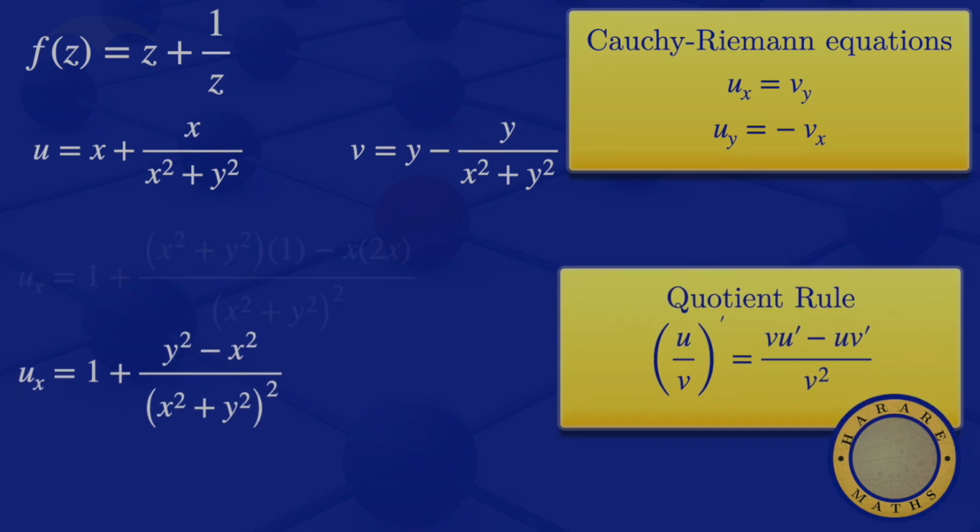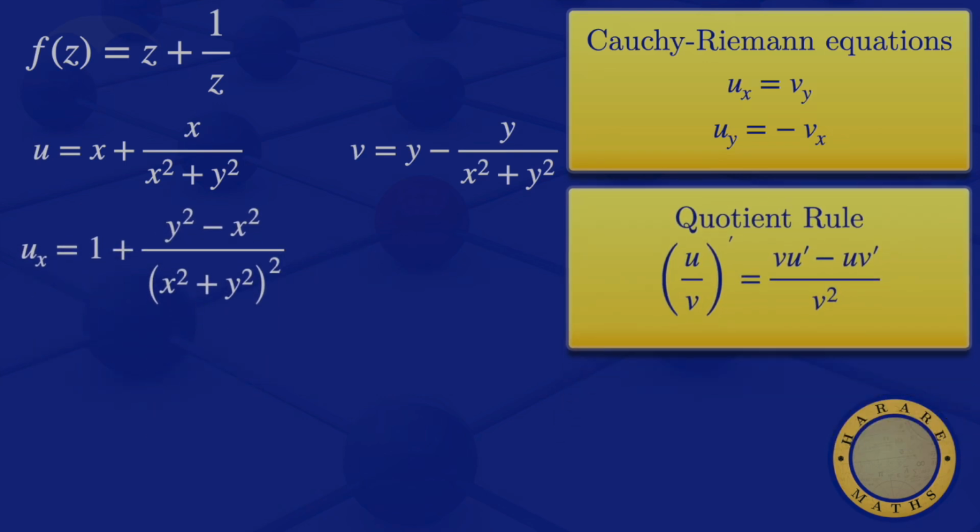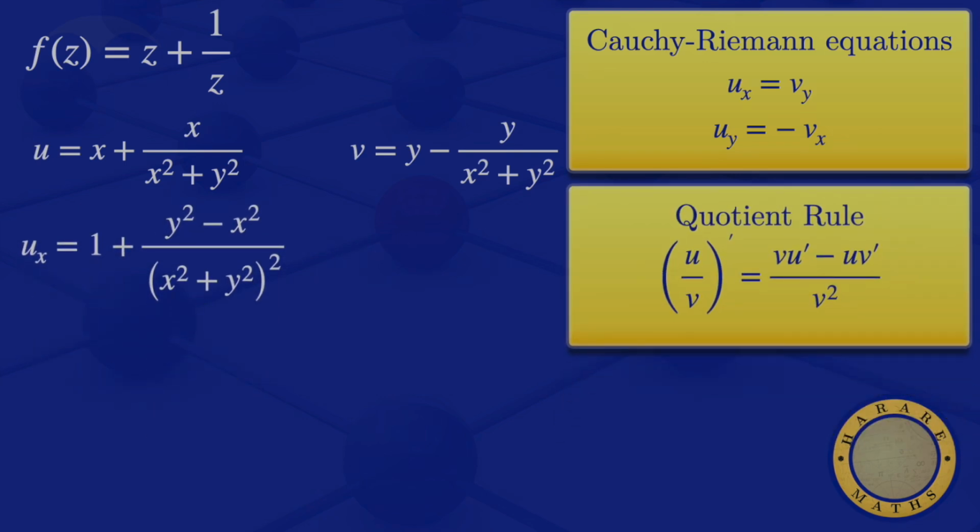So that's our partial derivative of u with respect to x. We now go on and evaluate the partial derivative of u with respect to y, just because it's needed for this equation. So for the partial derivative of u with respect to y, we differentiate this x with respect to y to give us a 0, then differentiate this quotient using the quotient rule, and we get